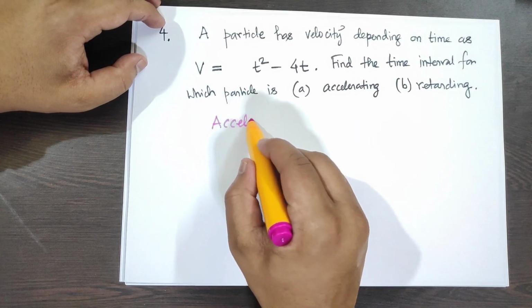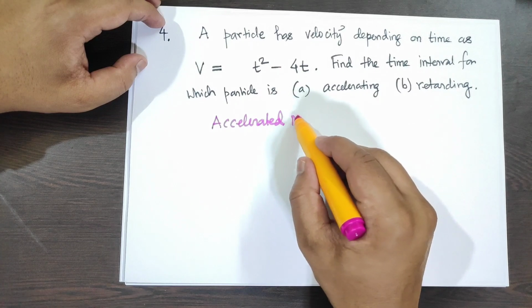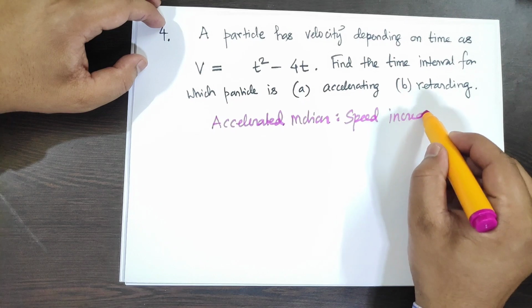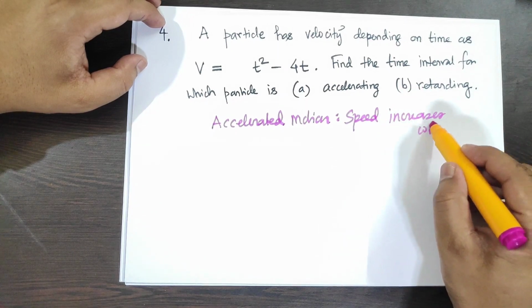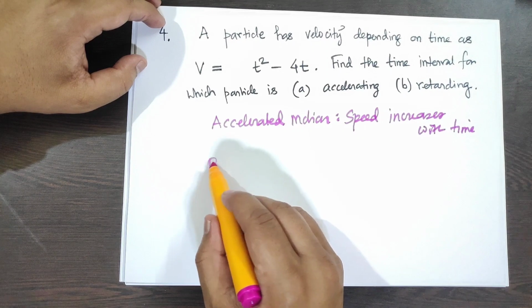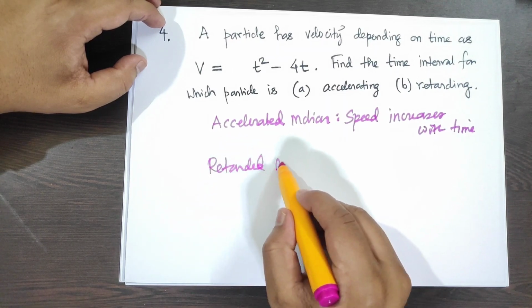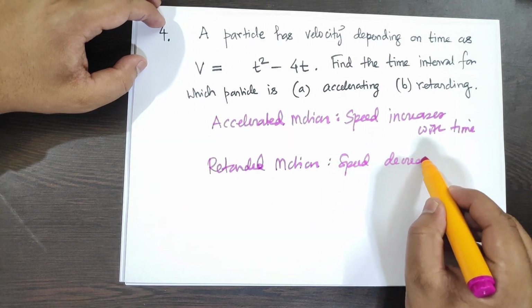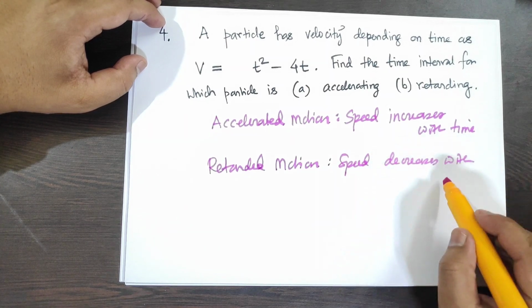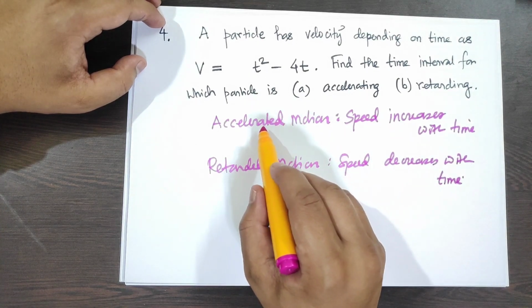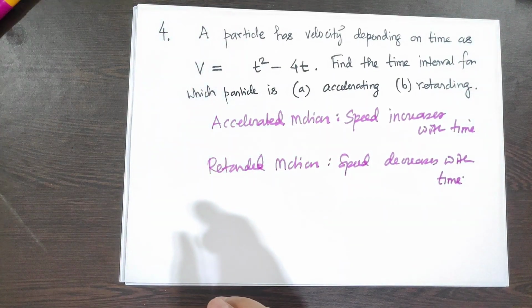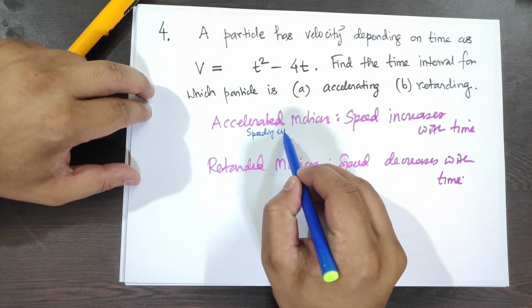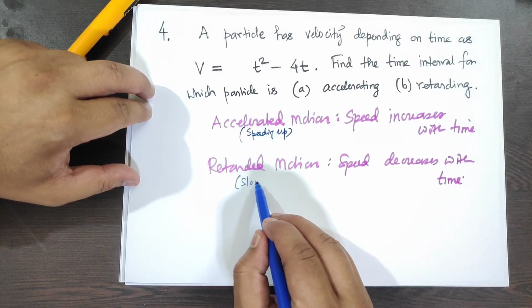Accelerated motion means where the speed is increasing, speed increases with time, and retarded motion, their speed decreases with time. That means one is speeding up, so that is, in one word, this is speeding up, and this is slowing down,